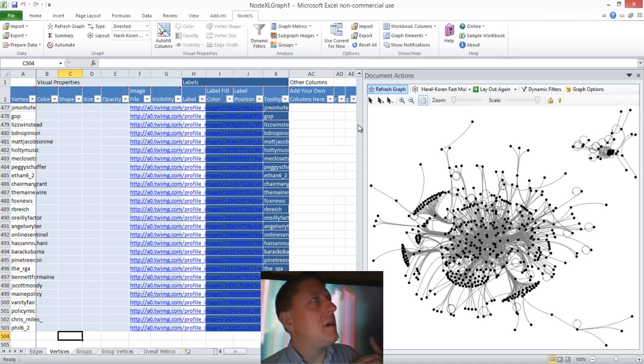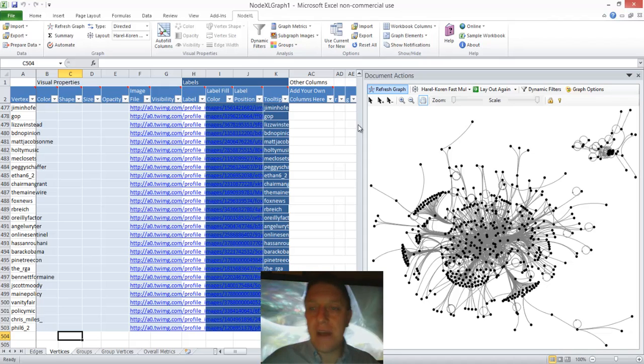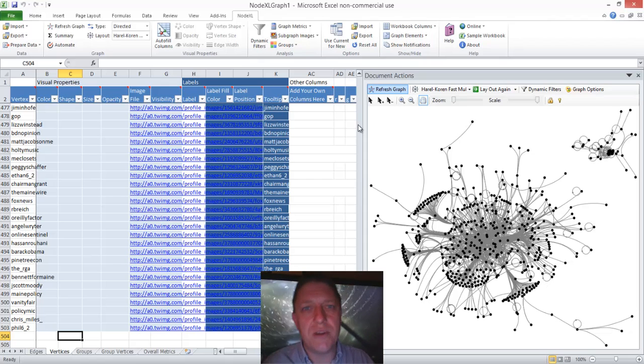Who is closest to all the others in terms of network distance, of referring to each other and mentioning each other? That's closeness. Who's in the middle? Who's the most in between in all these conversations? Who's the broker between different groups talking on Twitter about Maine politics? That's betweenness centrality. It means something.